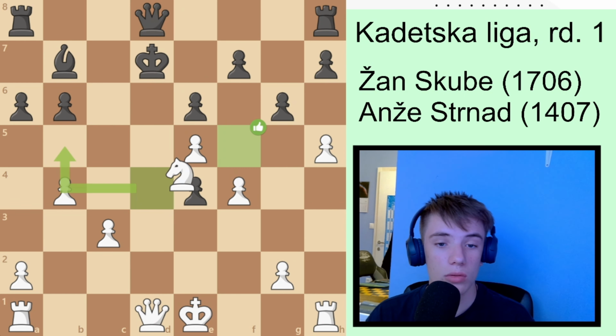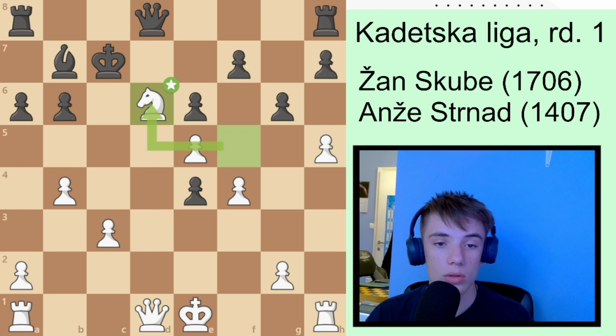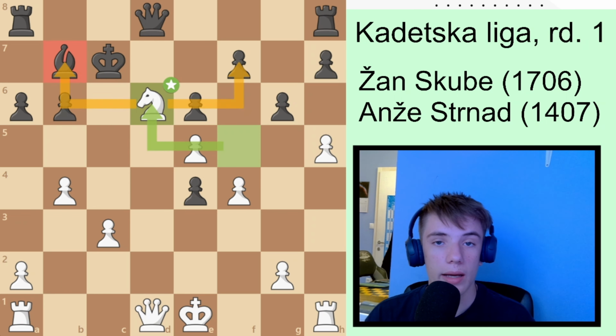So I play the move knight to f5, attacking the king with check, and after king to c7, now I play this move knight to d6. I put my knight on this d6 square. From the beginning, I wanted to play this move knight to d6 from the move 13, knight to b5. My idea was to play knight to d6, and I played knight to d6 here, and I think I had